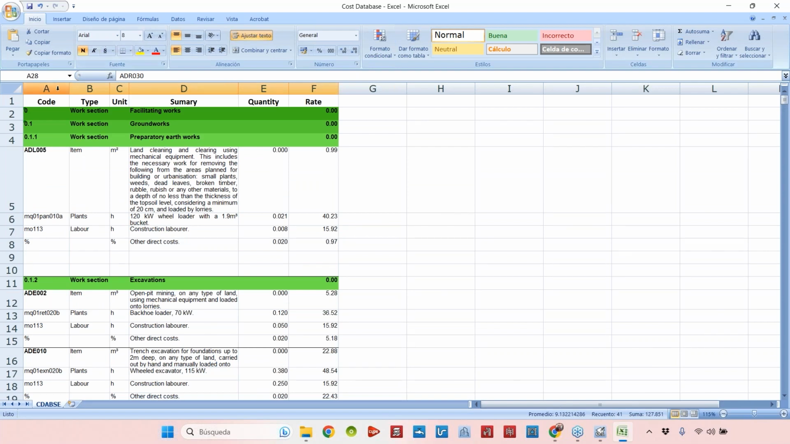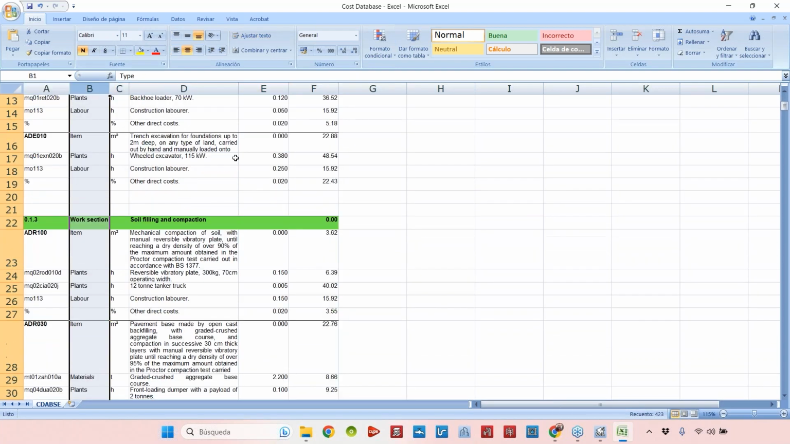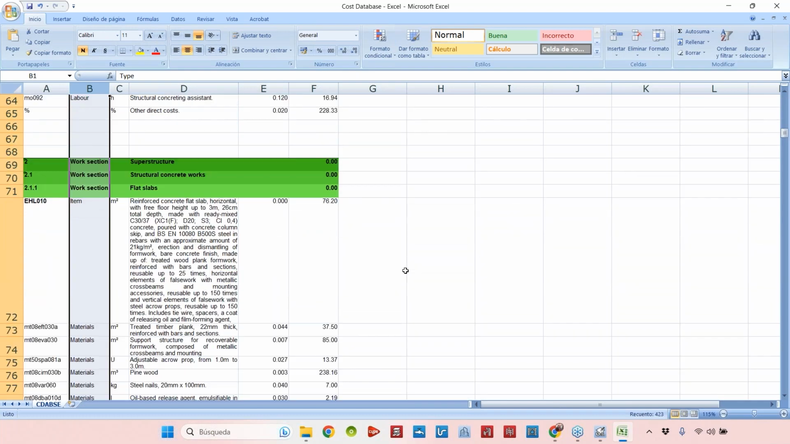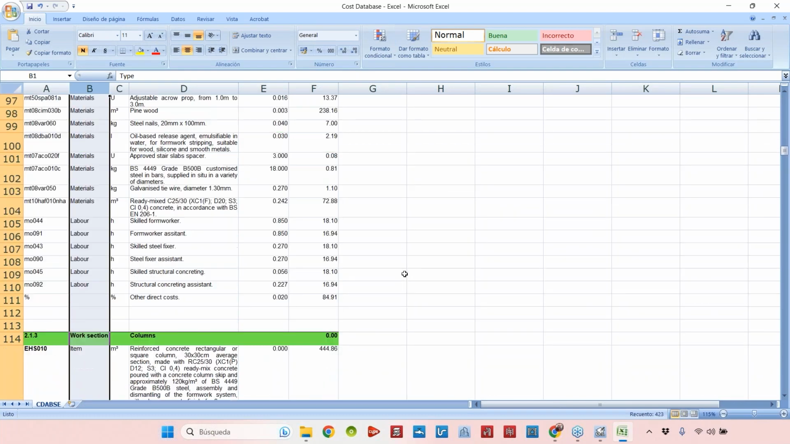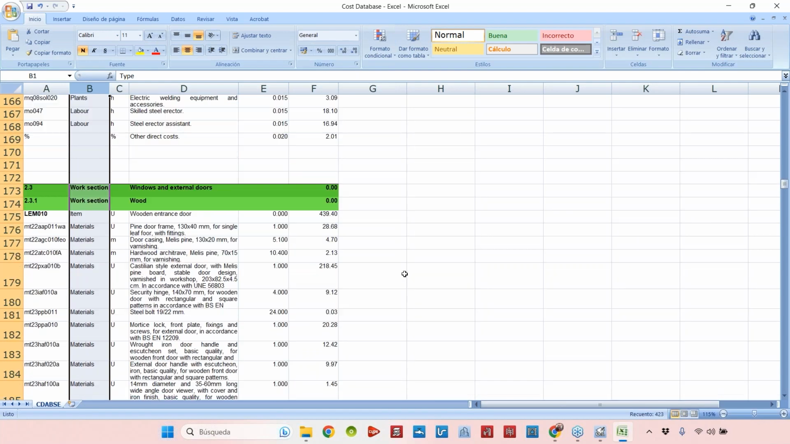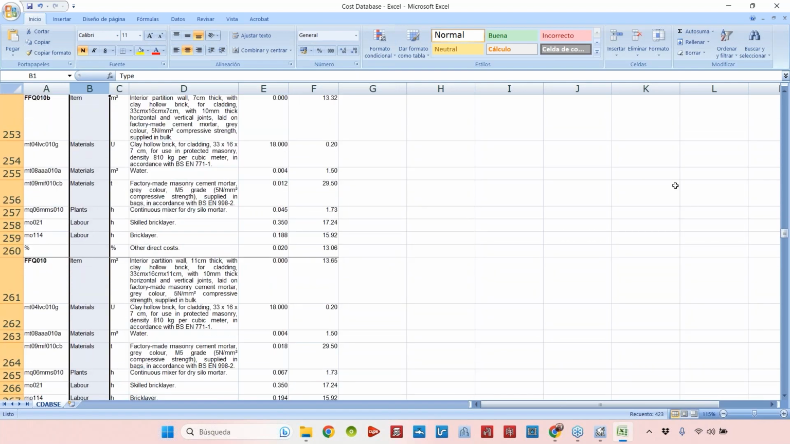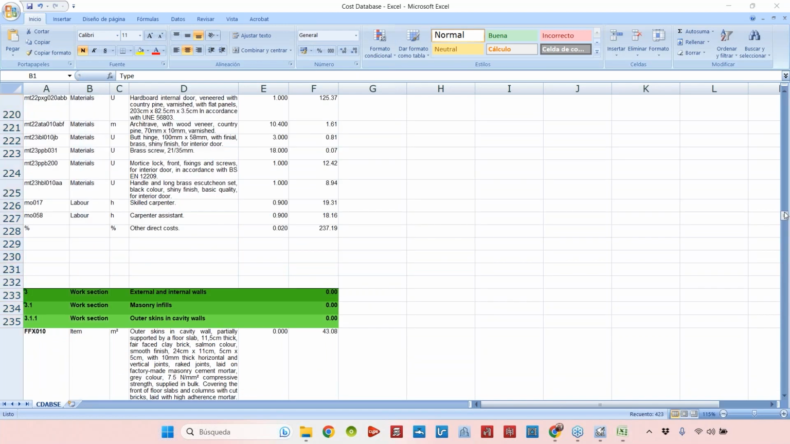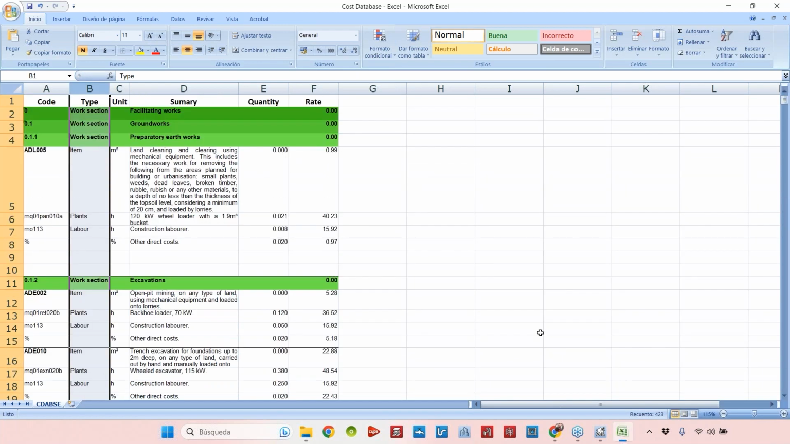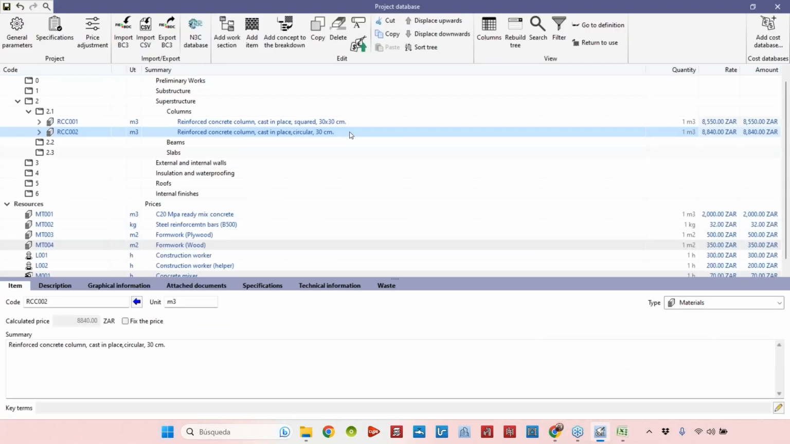And I would like to import this cost database to Open BIM Quantities. Okay, as you can see here, the cost database is extensive. We have a lot of chapters here with a lot of items. Let's import it. Okay, so to import it, actually, let me come back here. We'll use this option here, import CSV